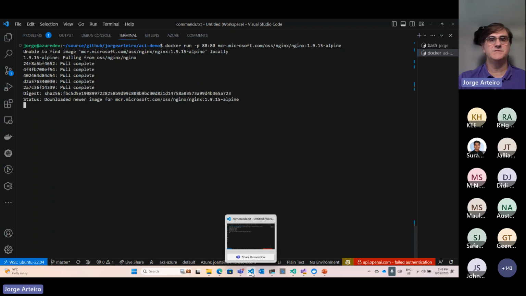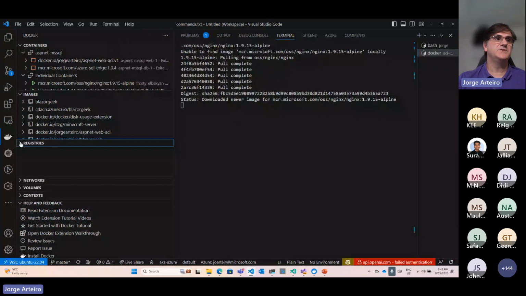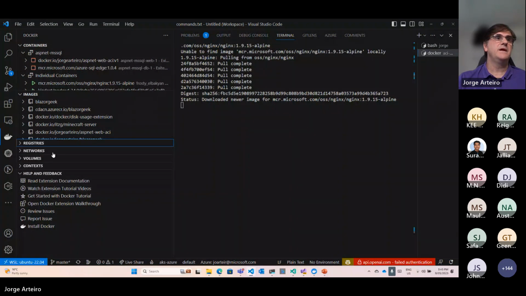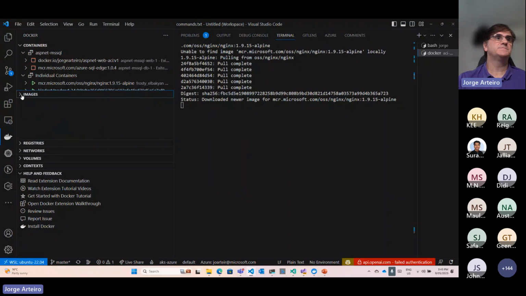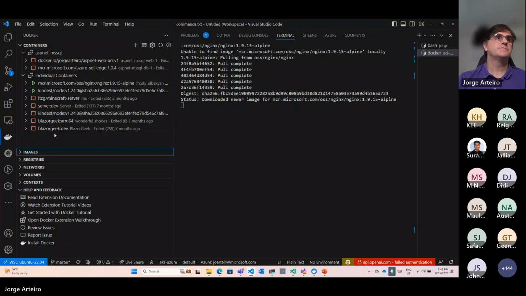Another nice way to use this, if you don't like the command line, is the Docker extension of Visual Studio Code, where you can also see all the containers running. You can see the registries and the images. And one nice thing is, let's refresh. That's the Nginx.